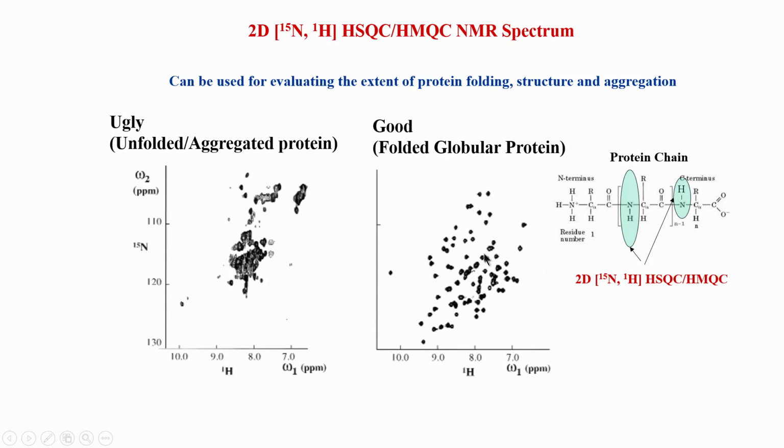You can see here each of the spots, the peaks, are nicely separated, and each one, as I said in the previous slide, corresponds to one amino acid. So, the goal of protein NMR, or the NMR community, is to try to get this kind of spectrum. If you count the number of peaks, roughly it is somewhere between 90 to 100.